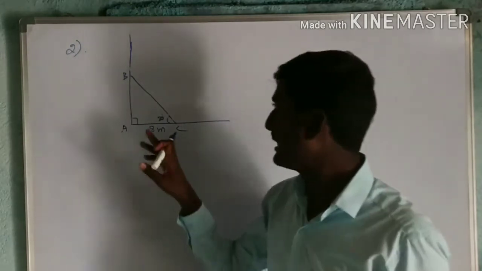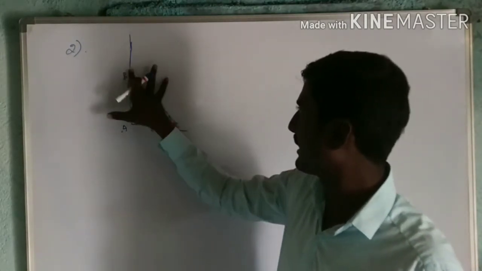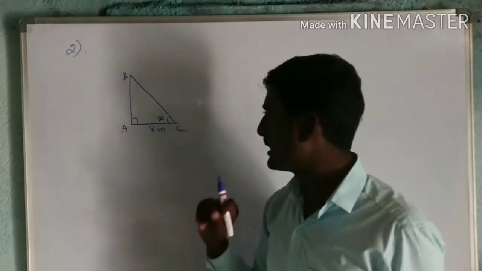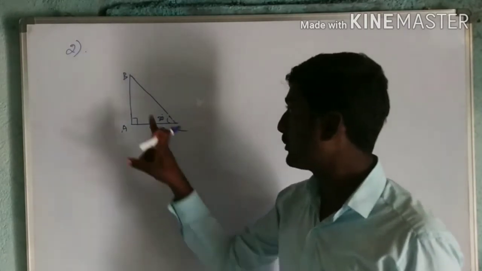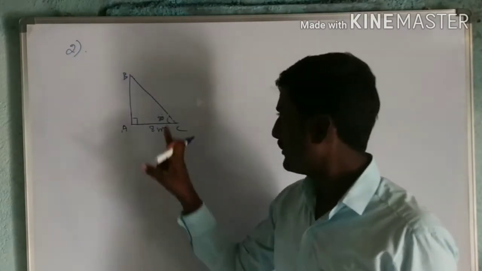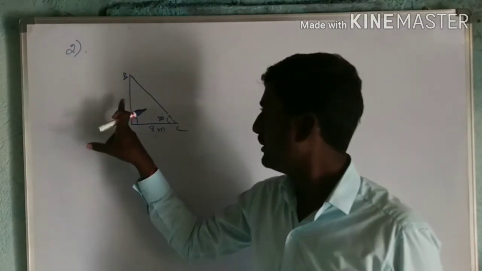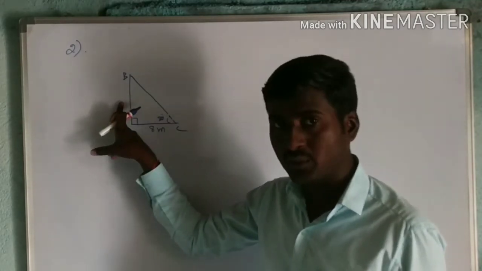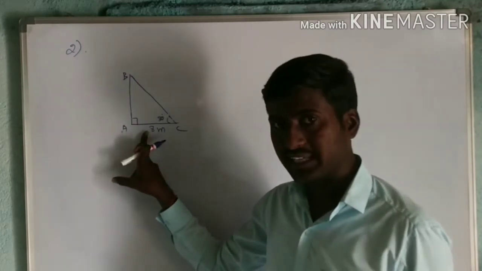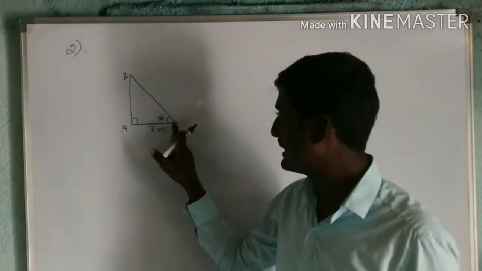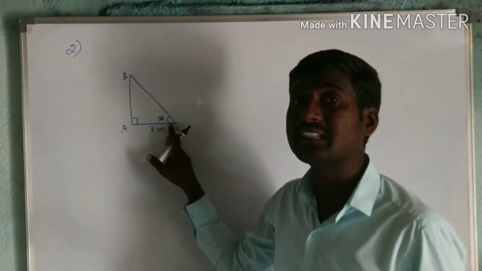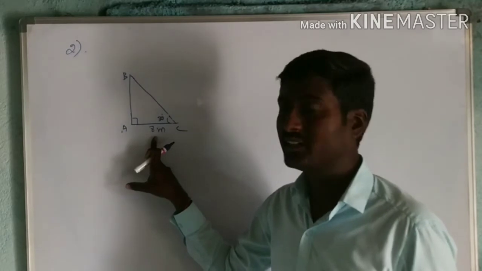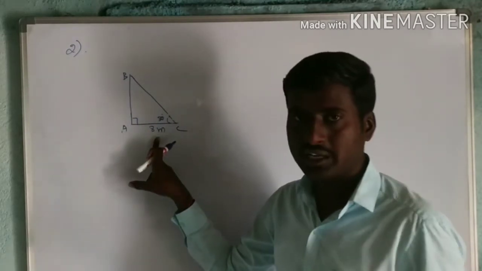Now in this right angle triangle, angle C is 30 degree given, AC is given. Then I am going to find AB and BC. First I am targeting AB. To find AB, this is known and this will be unknown. With these two sides I can find AB. That is sine 30, or no, not sine 30, tan 30. If you take tan 30, opposite by adjacent. So one unknown, one known, automatically I can get it.